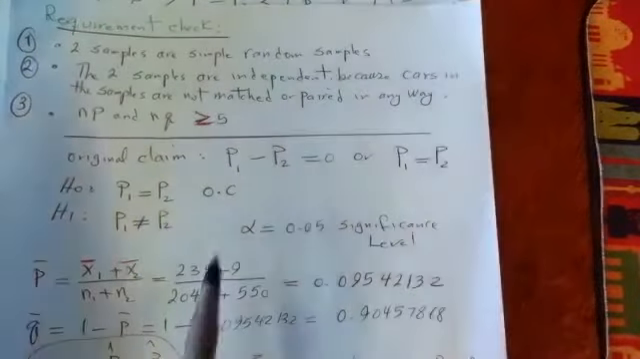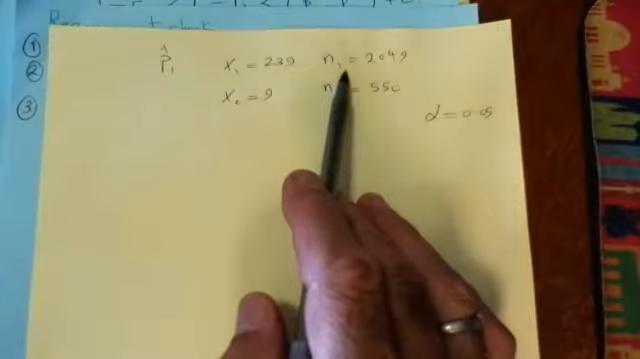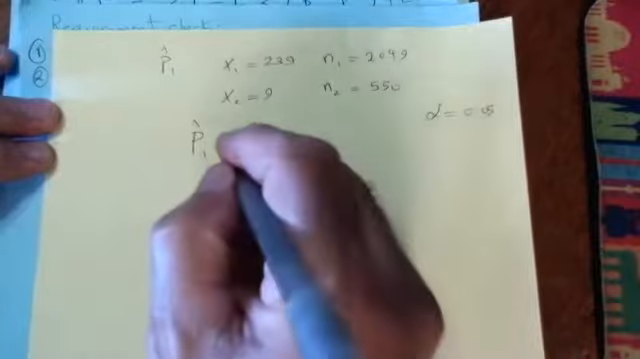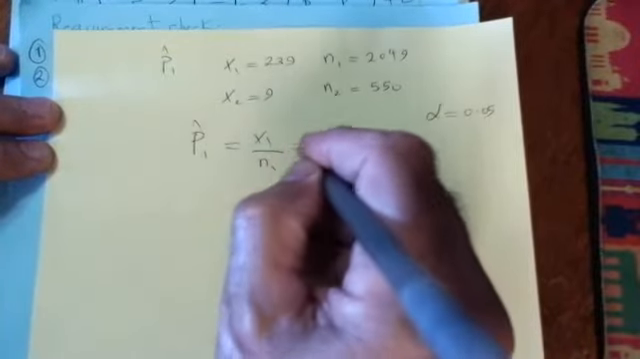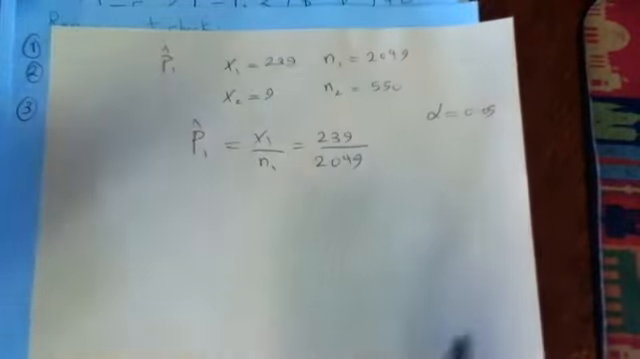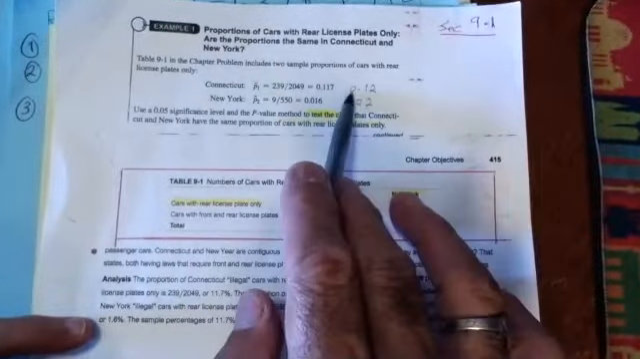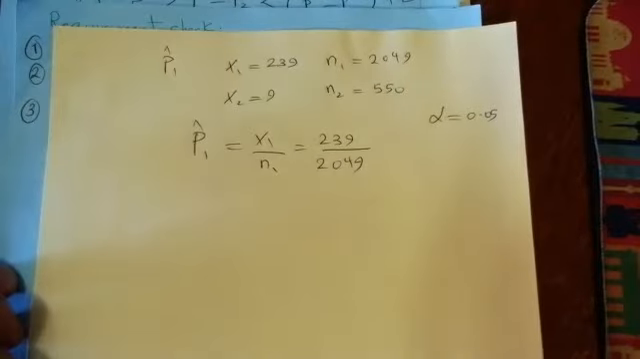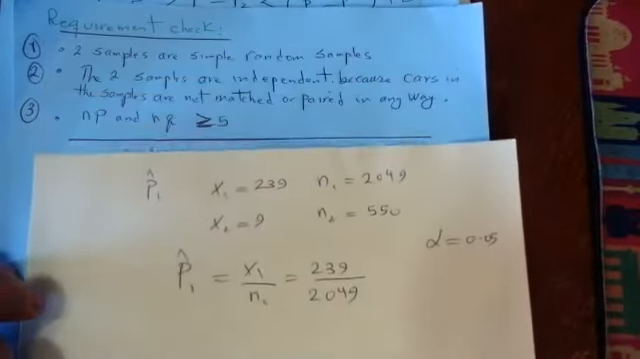So that means here, when you calculate the proportions, proportion is given in the problems because what is a proportion? Like P hat is X1 over N1, or 239 over 2049. And that also has been calculated for you here. One is 0.12, one is 0.02, okay? So this is P1 and this is P2. All right, and then you take that and